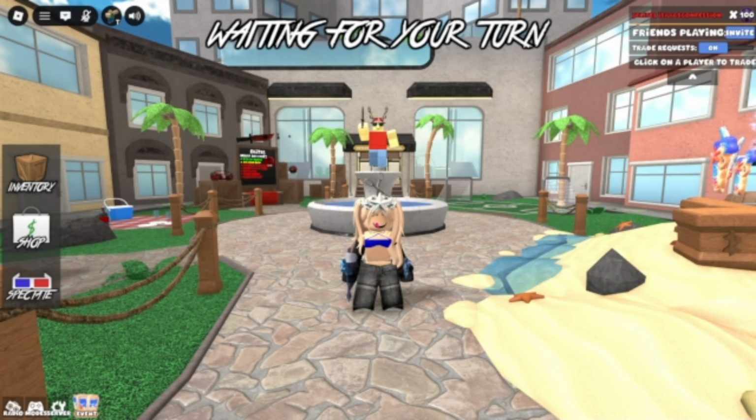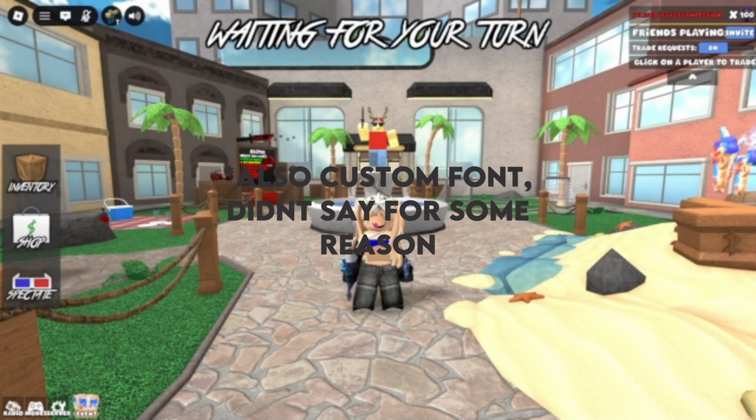Hello. So I've been getting a lot of comments asking about how I change a lot of stuff in Roblox that is not in the settings, which is the sky, cursor, and emote wheel. I've been getting a lot of comments asking how I change those things. So today I'm going to teach you how to get a custom sky, custom cursor, and a custom emote wheel